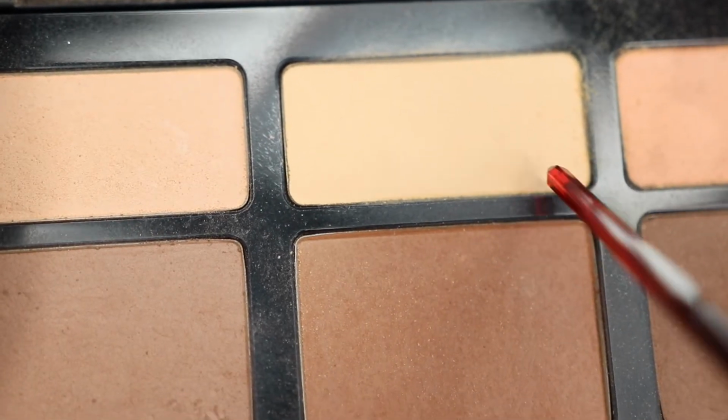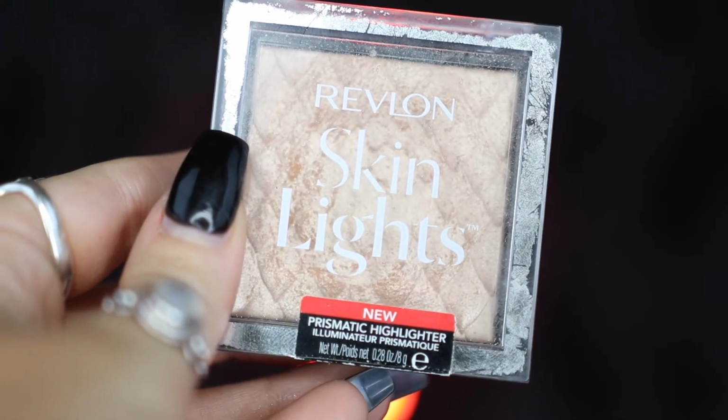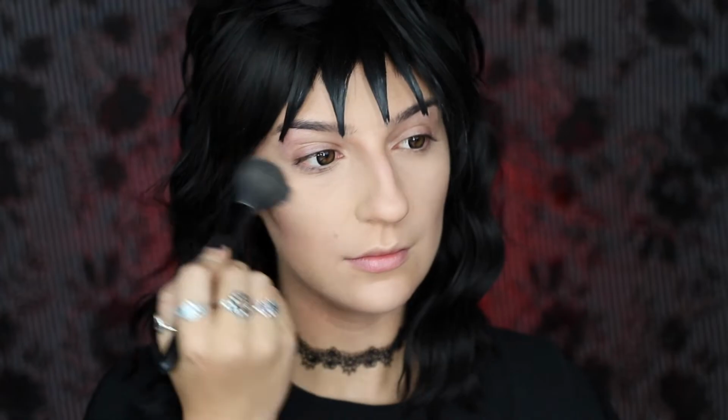Next, I'm going to be going into the Banana shade from the palette, and I'm going to be applying this under my eyes and bringing this down to my chin as well. For my highlighter, I'm going to be going into my Revlon Skin Lights Prismatic Highlighter and just applying this to